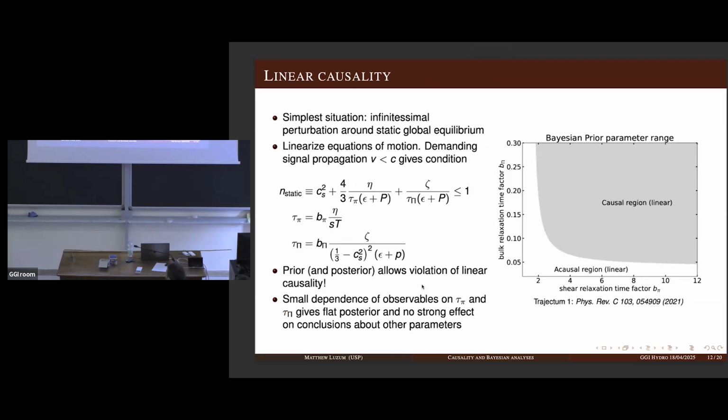Okay, with linear causality. This is very simple. We just take a static global equilibrium system, take an infinitesimal perturbation, and look at how it evolves. You can linearize the equations of motion, and if you demand causal propagation, then you get a fairly simple inequality that has to be